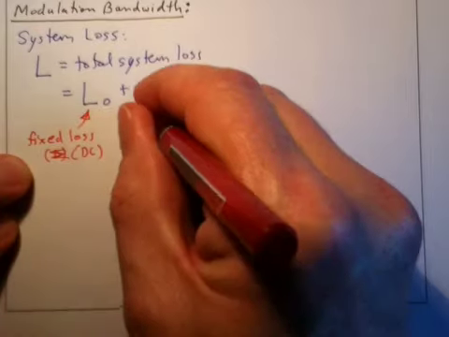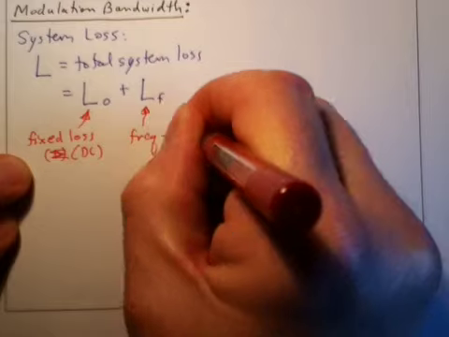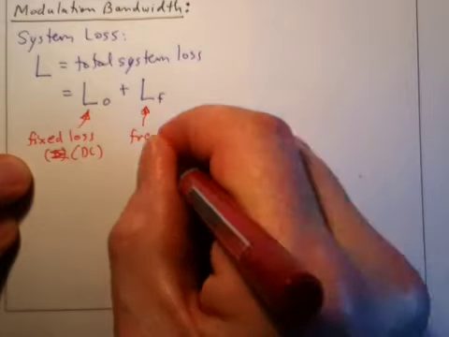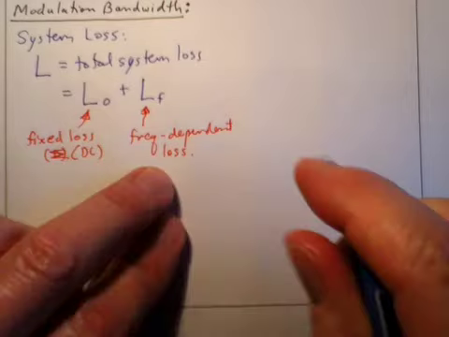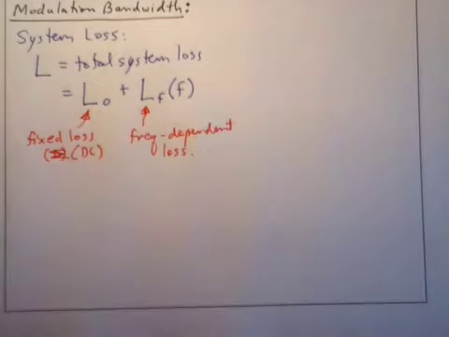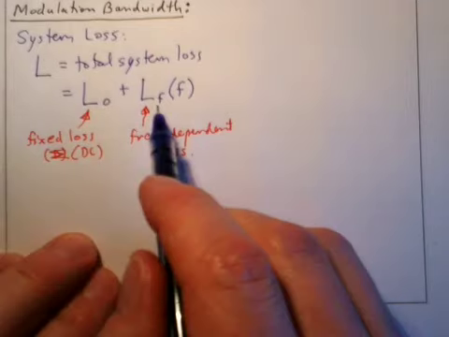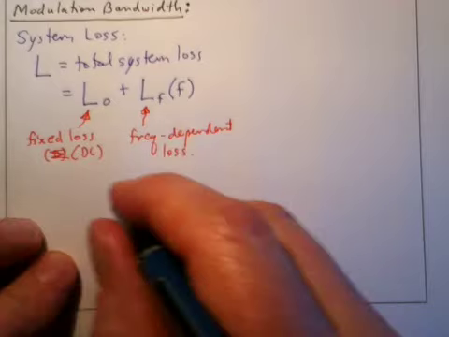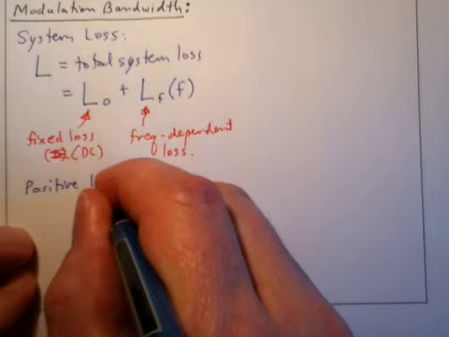and this is our frequency dependent loss, which we just talked about. Okay, and so that frequency dependent loss is a function of frequency. So we've got the subscript f, but it's also a function of f. And so we're going to go ahead and calculate that as a positive value. We're going to use the positive loss convention,